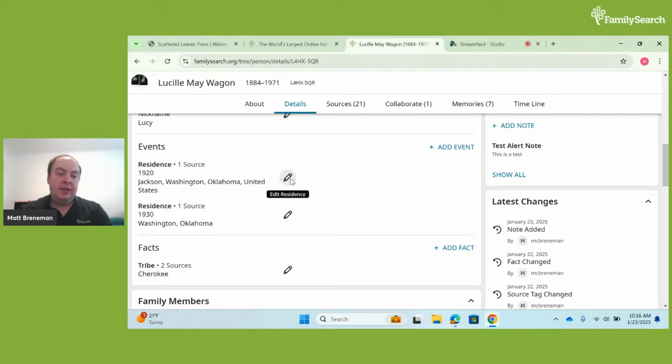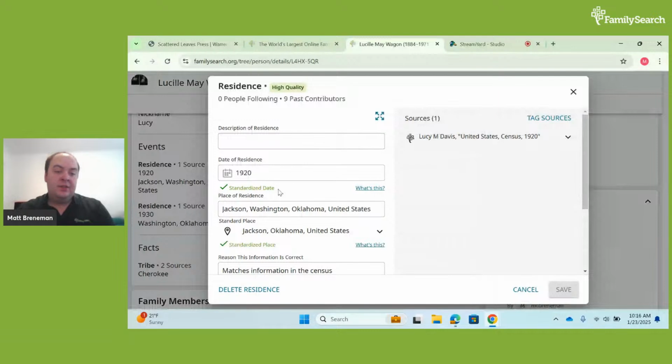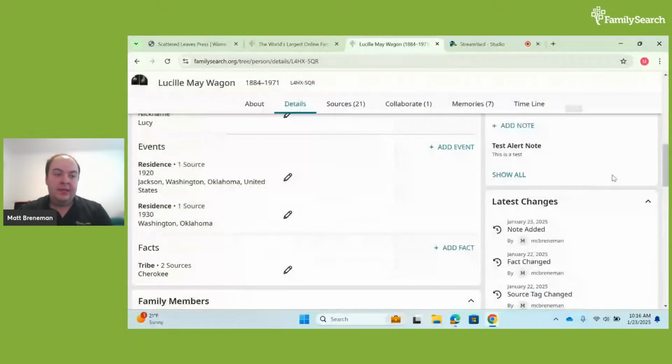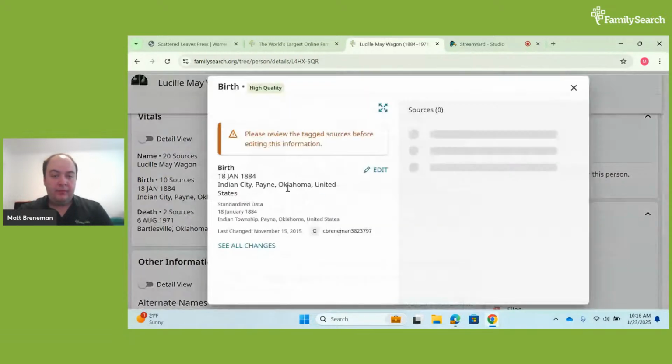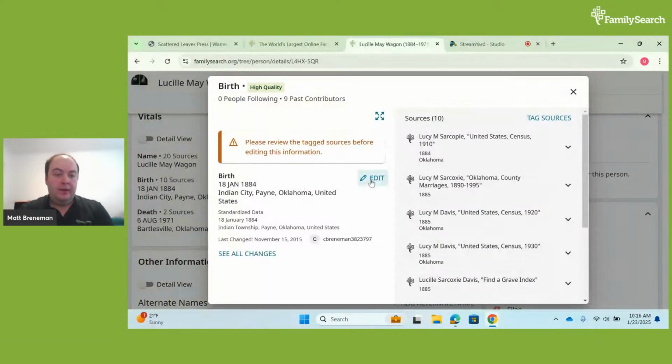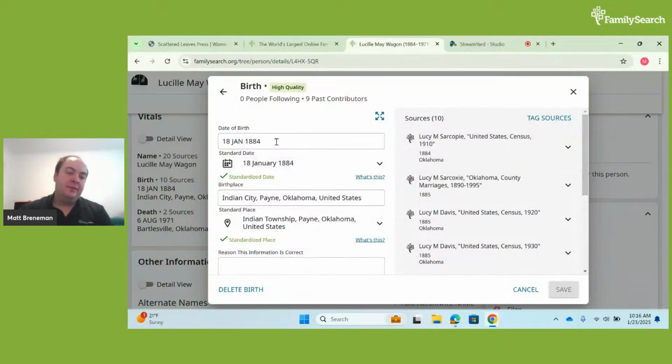So let's say we want to edit this residence. And so you see that the date is already standardized, but let's say instead of working on a residence, we were looking at her birth. And so often, for example, in the United States, we always put the date before the month.